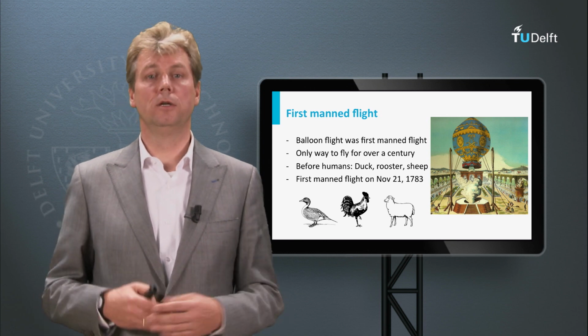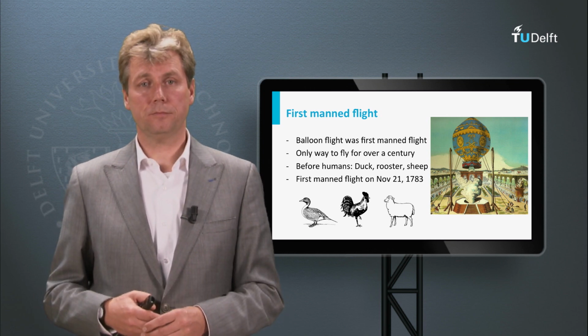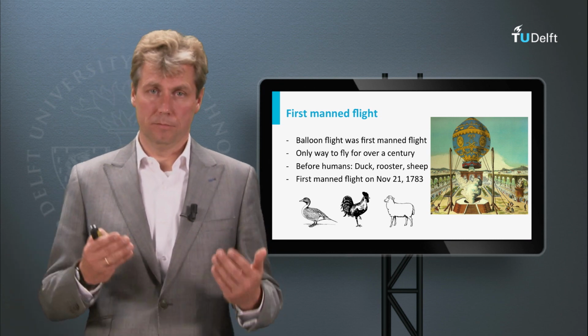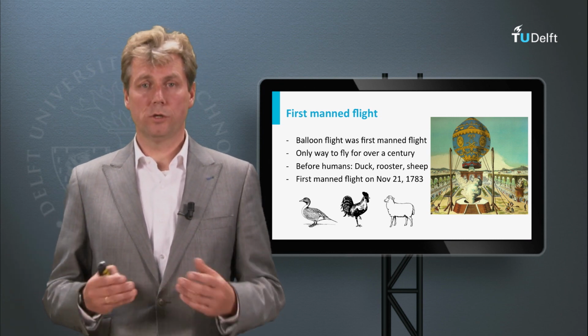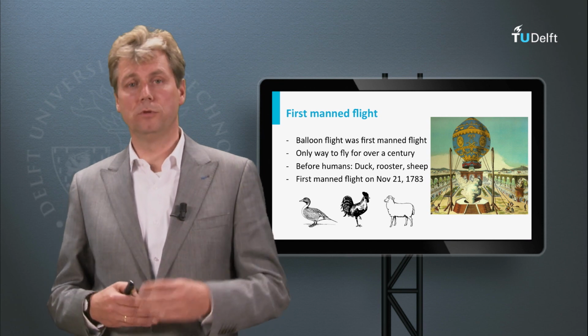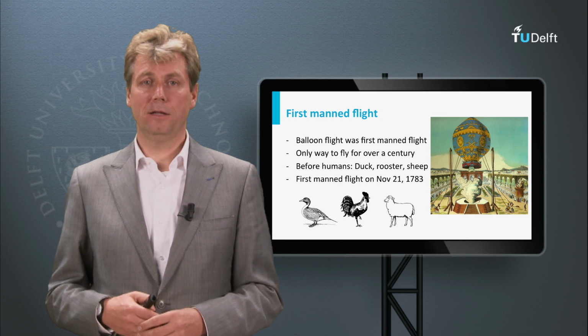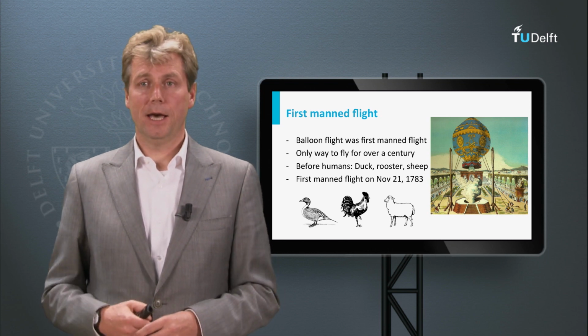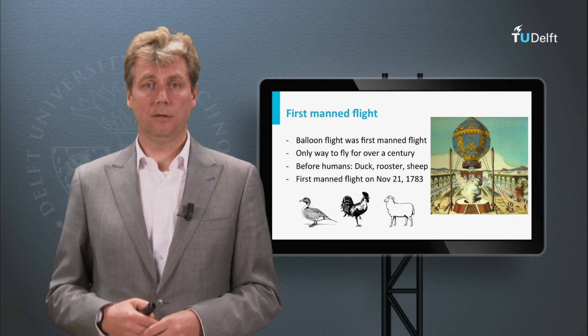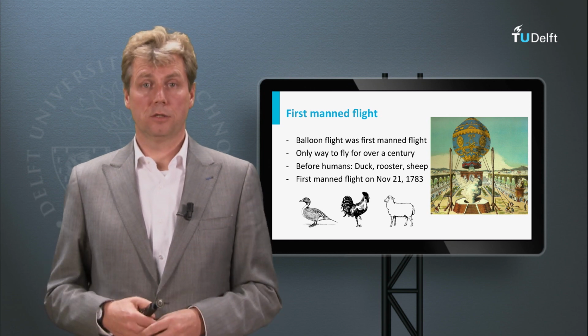That was the difference between the duck and the rooster. And then the sheep, not being a bird but a mammal, was of course the model human. If the sheep would survive, then humans would probably survive. So this was the final flight before manned flight, and then it was proposed to the king to start a